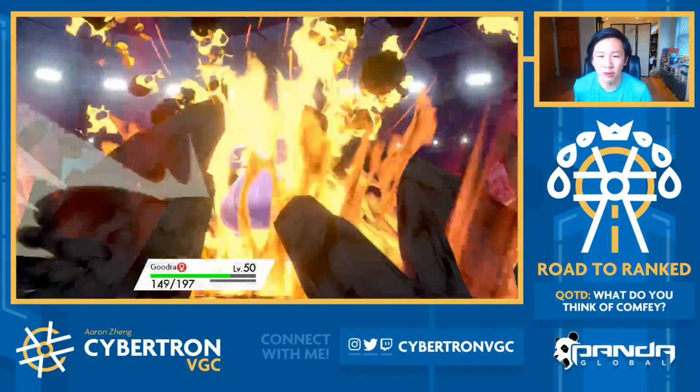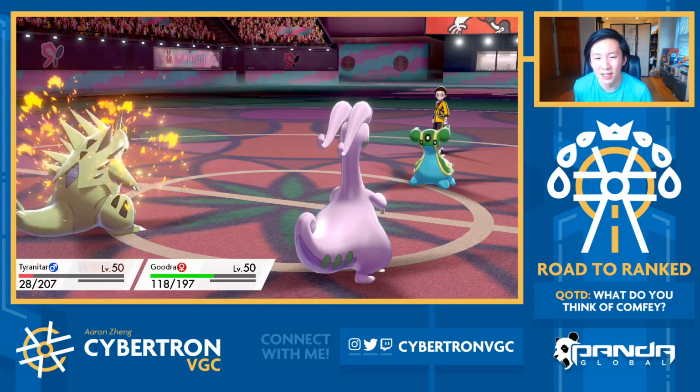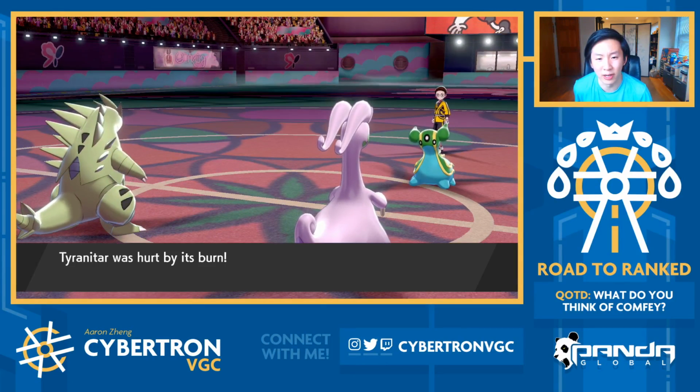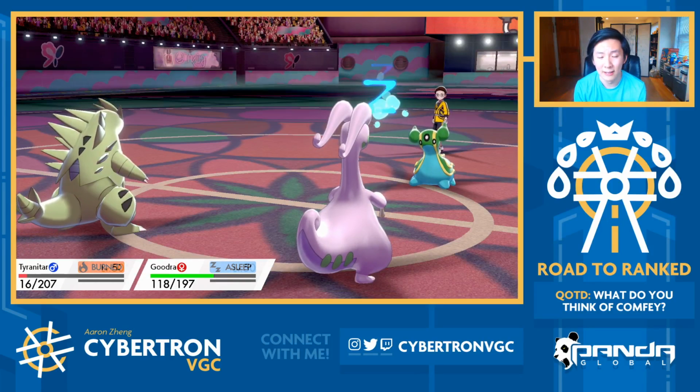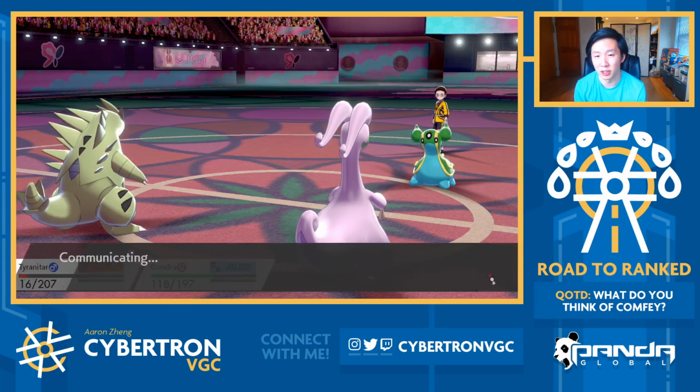Oh, they actually Air Slashed the Goodra. Interesting. And we get crit. I guess, yeah, 2 turns of burn KOs. Oh, no, we'll actually hang on. Okay, nice. So I think we should be good here. I think Crunch actually might just KO Gastrodon from this range anyway, but...